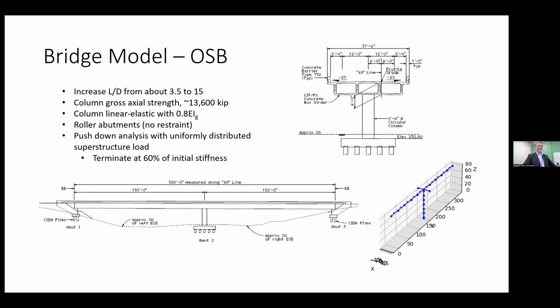Funny, one of the OpenSees guys is doing static analysis with vertical loads. It's lunchtime coming up, but we're basically distributing a load across the deck, and then just pushing it down until the column buckles, or until the stiffness of the vertical load displacement reaches 60% of the initial stiffness. And then we'll back calculate K factors for the